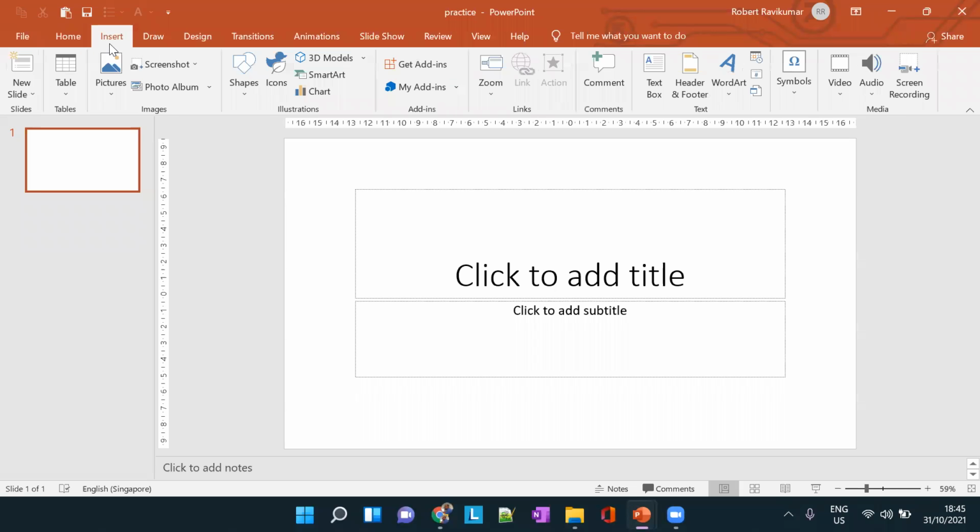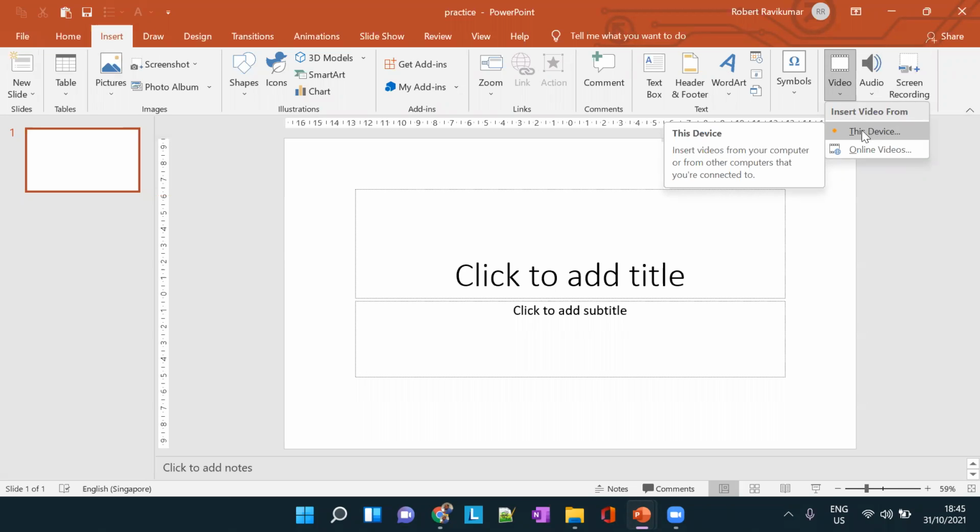Go to the Insert tab, and in the last section we have a Media command group. In the Media group we have the Video button, and if you click the drop-down menu, there are two ways to insert videos: one from your local machine and one from an online website like YouTube, etc.